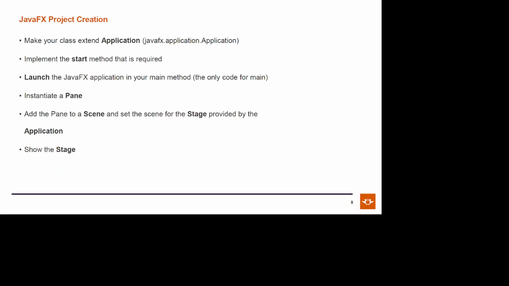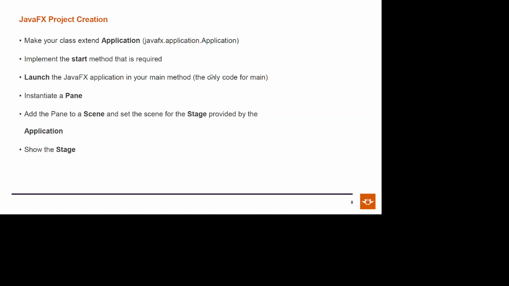Alright, now speaking a bit more about JavaFX, just some GUI basics. Now, I'm sure you've done quite a bit of JavaFX in your previous semester. You used it maybe slightly differently, but here is just a guideline and an approach that you can make use of. Firstly, you have to make sure that your class extends Application for it to make use of JavaFX. You need to implement the start method that is required, and you need to launch your JavaFX application in your main method,